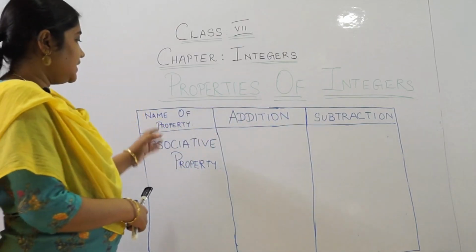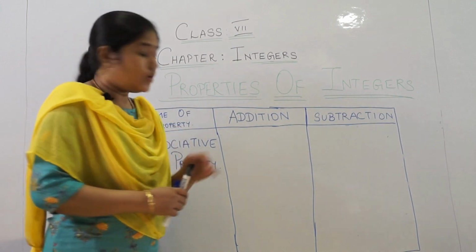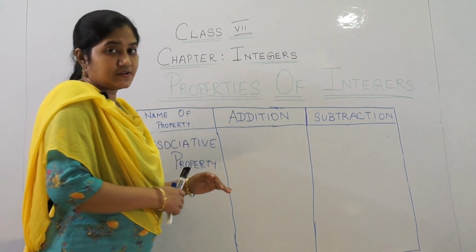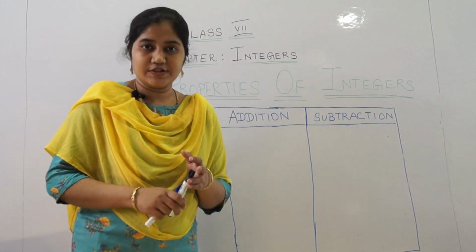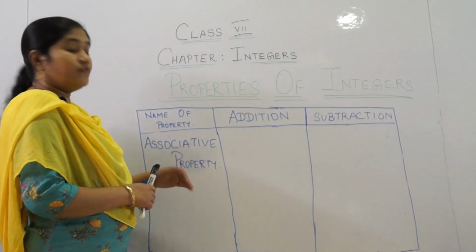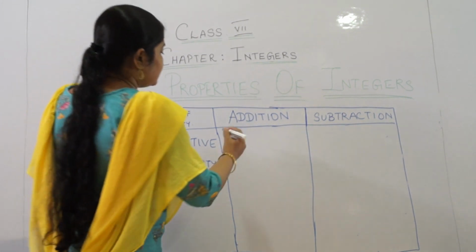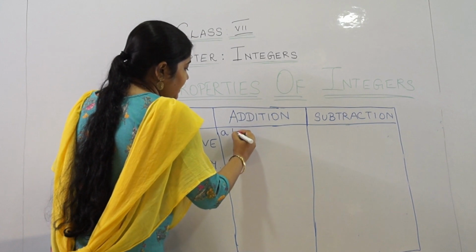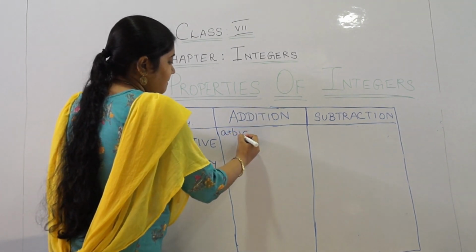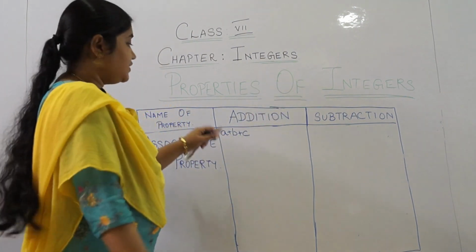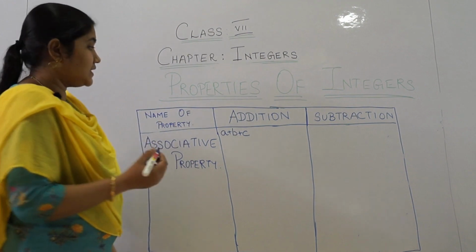The third property is called the associative property. So let's first see what this associative property states. Earlier, in the commutative property and closure property, we had only two integers, whereas in associative we are going to have three integers. So let the three integers be a, b and c, and since this is addition, I add plus in between the integers. Now what does this associative property state?